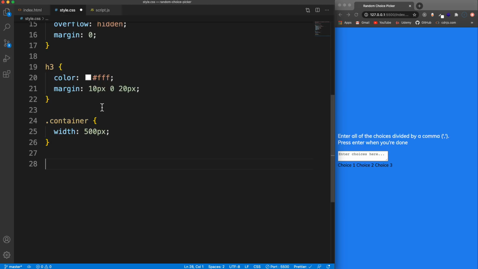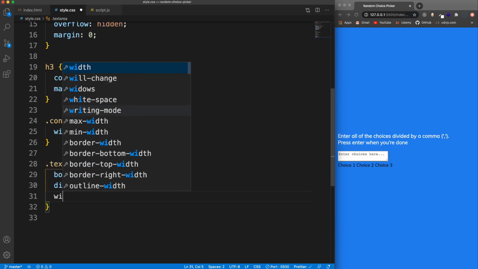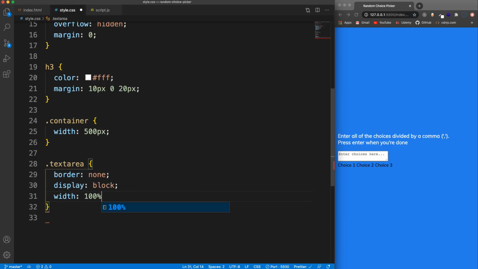Let's do the text area. So that has a class of text area. And I want to get rid of the border. So we'll say border none. And let's make this a block level element, so display block, and we're going to set the width to 100% of its container,